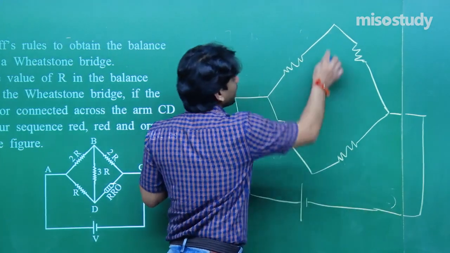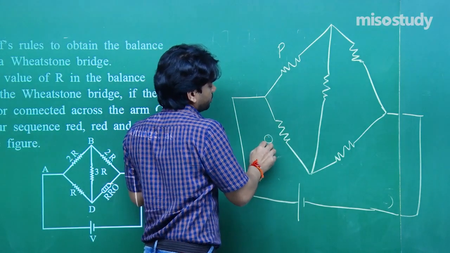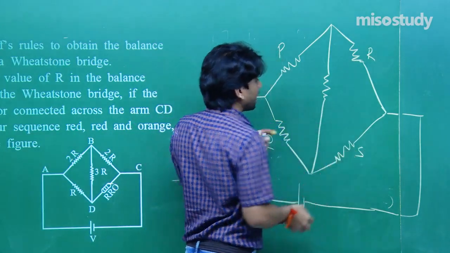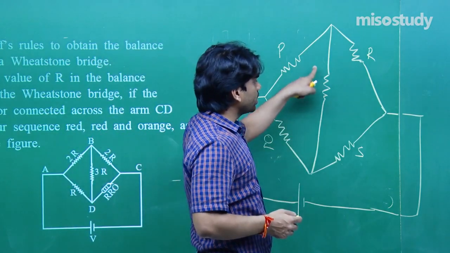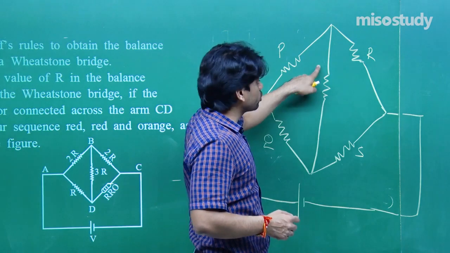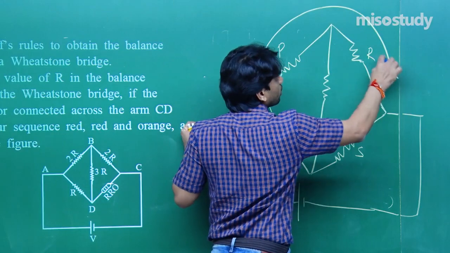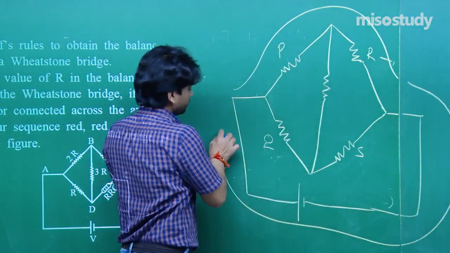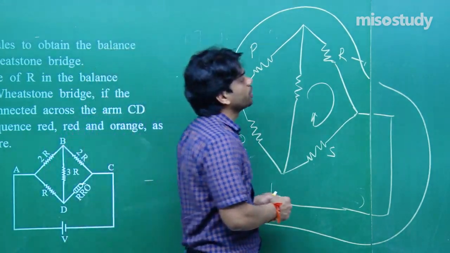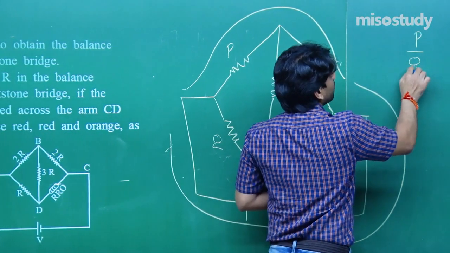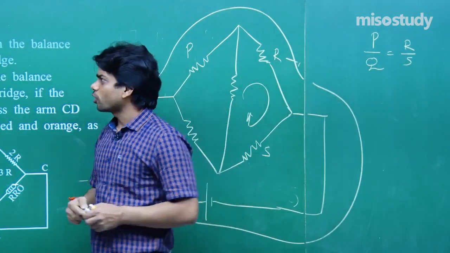So if I connect a resistance here, there has to be no current flowing through this. So I have to make such an assumption, that there is no current because it's a balanced case. So finally, if I apply Kirchhoff's loop law, one across this and one across this, I will have the relation, which we have done in our regular class, P by Q equals R by S, which you can check in our regular class lesson, which we have already proved. So we are not taking more time on this.